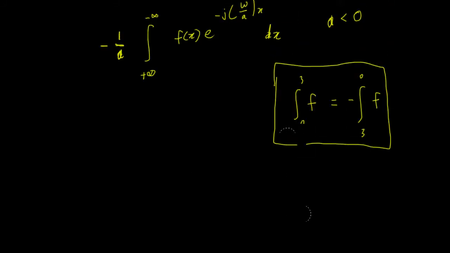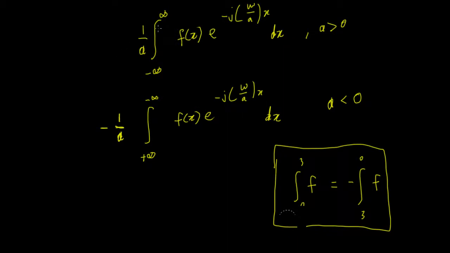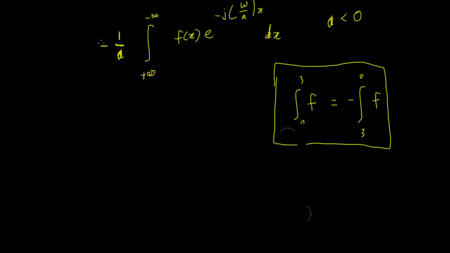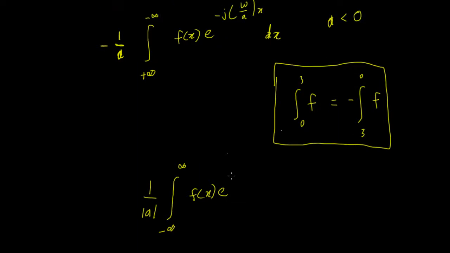So when we stick in that negative term, it means that we could rewrite this equation here, which would incorporate this equation as well if we just incorporate this negative sign. The way we incorporate the negative sign is to create the modulus. So then we're able to say finally that what we're going to have is 1 upon the modulus of a, the integral from minus infinity to plus infinity of our function f of x e to the minus j omega upon a